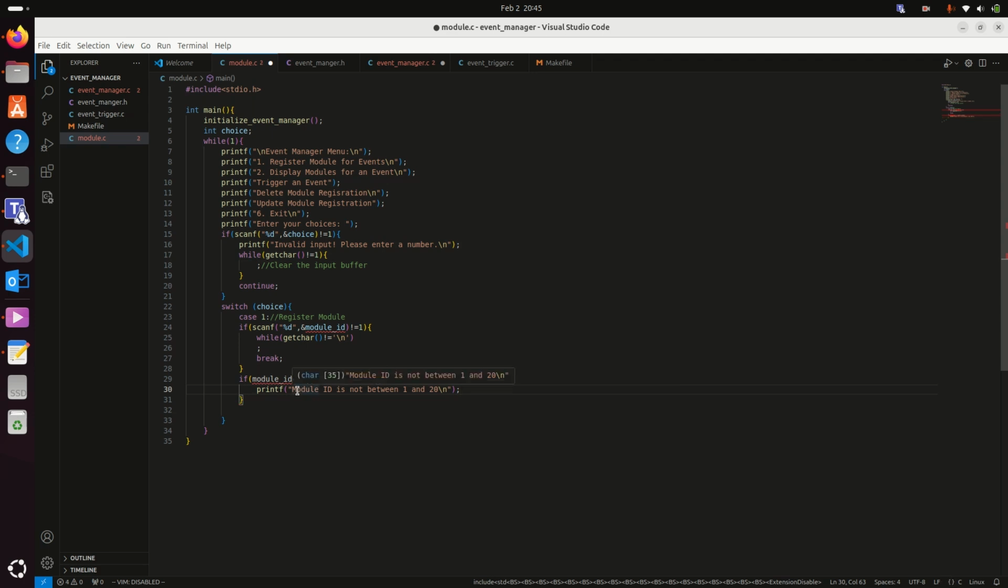So I have to declare this module id first itself. I'm declaring module id. Now it will not show error. These are the two cases for module id. After that, I have to get the number of events. So for that, printf enter the number of